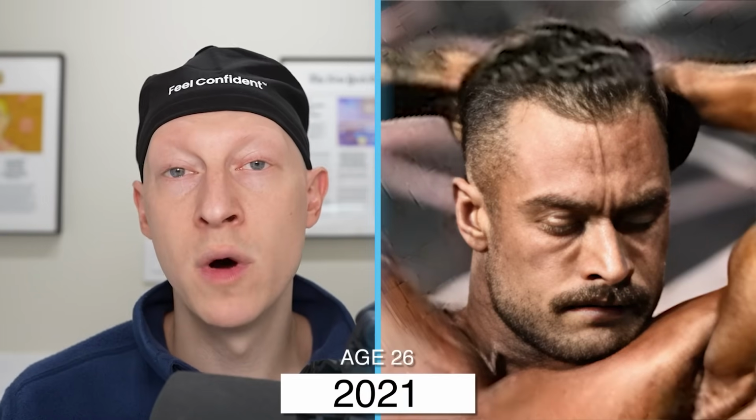So that's the type of patient where you really don't want to go too low on their hairline. In 2021, at the age of 26, we're seeing now that the frontotemporal corner angle is becoming more obtuse rather than acute. And that has to do with the central hairline receding back as you get more lateral, as well as the